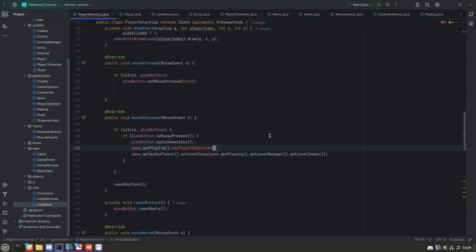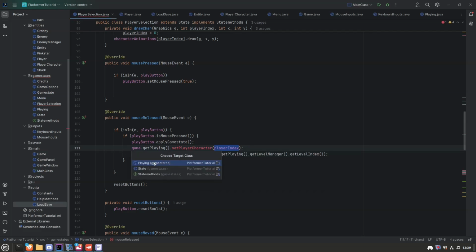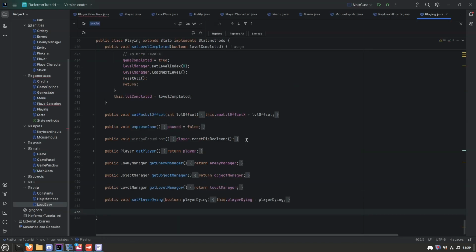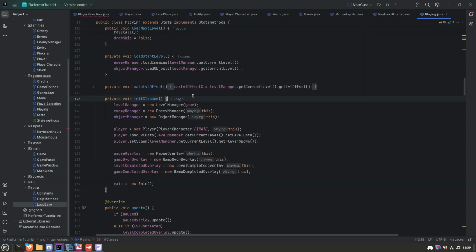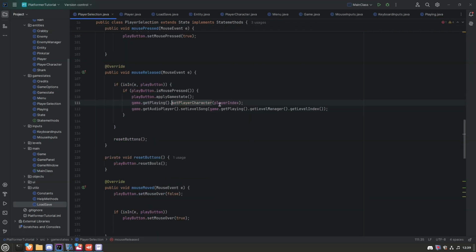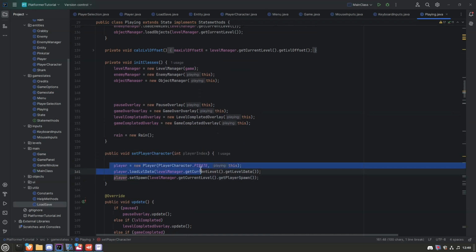Actually we don't need it, we can just say player index, because the index is the same. Create method, playing, yes, but it should not be here, it should be init classes. Remember, yes, place it there. Oops, and paste that in here to set the player, which should be